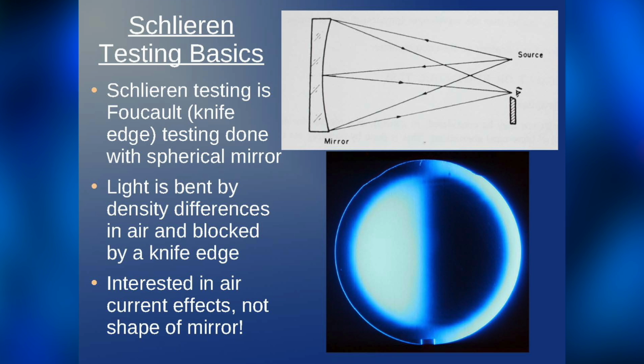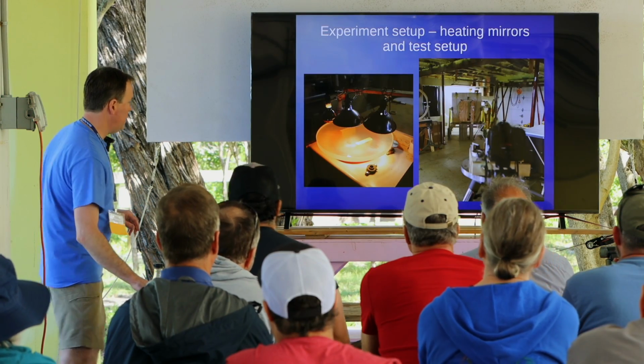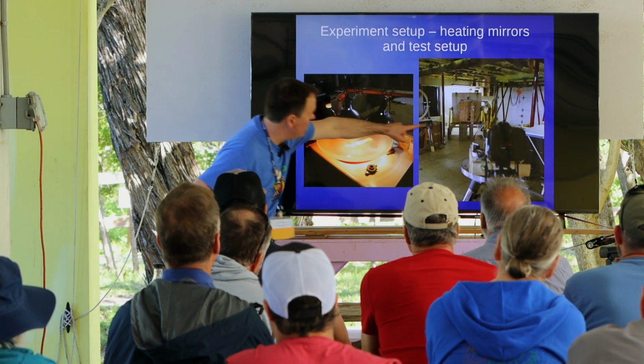So I have one mirror with some correction in it. You'll see the shadows, but you can also see the air current superimposed onto it. So this is heating up a mirror. Right here, we have